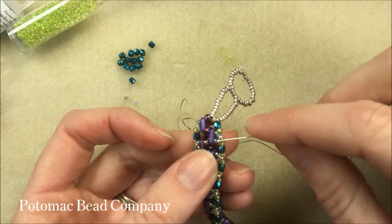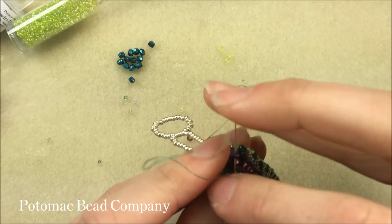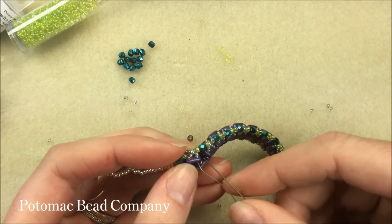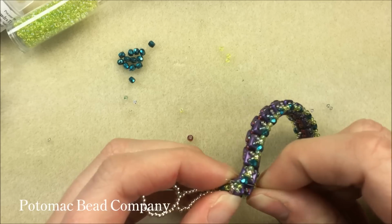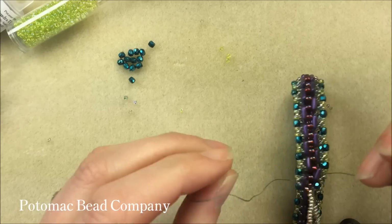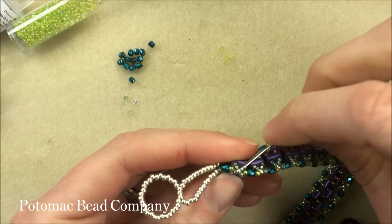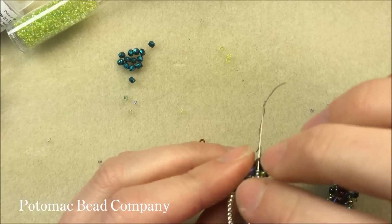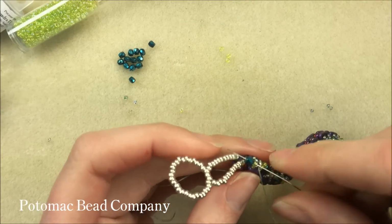I'm going to go down through 15-0s, through the QuadraTile. I'm going to go to the other side of the QuadraTile and up. Right in there, coming out the top. My thread's just going to run along the base of the bottom. You're not going to see it. I want to go through those 15-0s, coming out the 11-0. So I'm basically just circling around, going through the 11 and the 3,